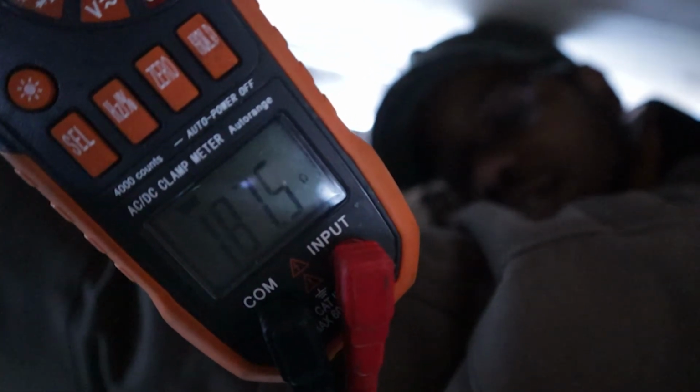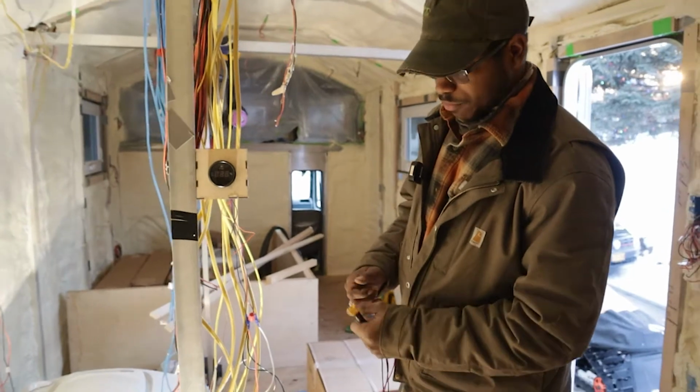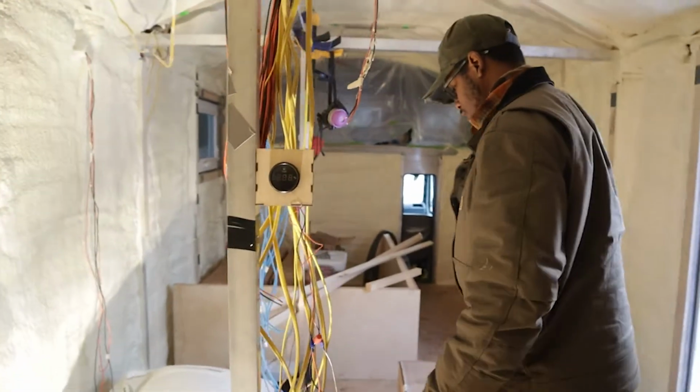What does it say? 187.5. Perfect. This is better than 0. All right, so we got 187 point something on that